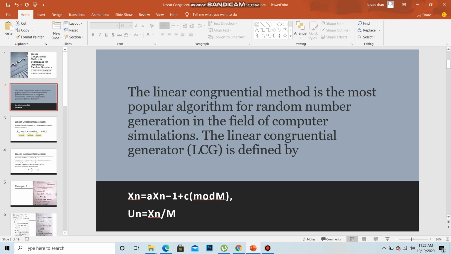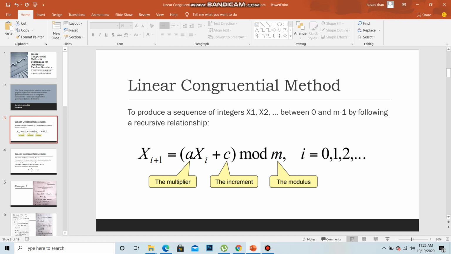The algorithm generates random numbers, but pseudo random generators are deterministic. Deterministic here means that it periodically generates random numbers. So the entropy for this generator is initially at x naught, and the other values like a, c, m, which are also in the formula, remain constant. Let's have a further demonstration of this topic along with its formula. Here a means the multiplier, c the increment, and m is the modulus.